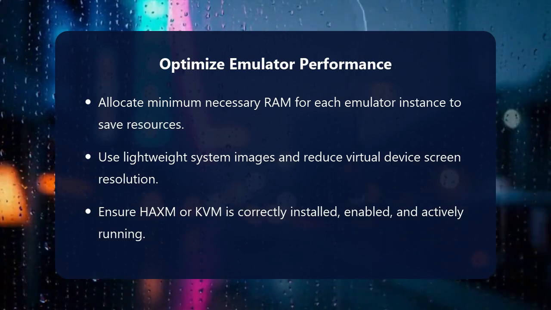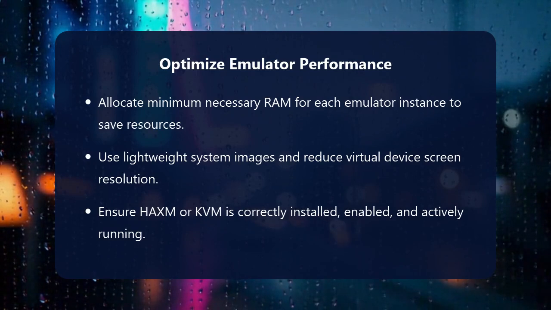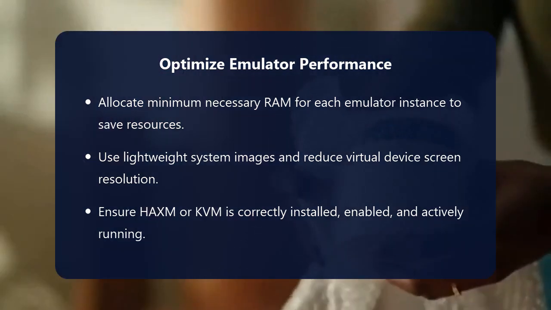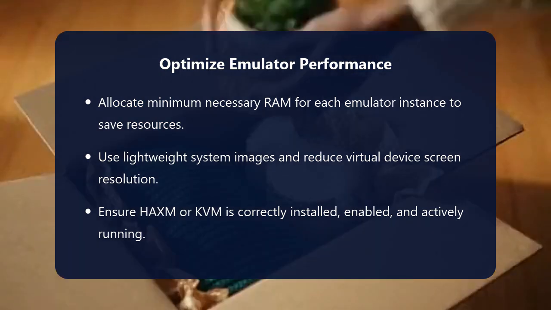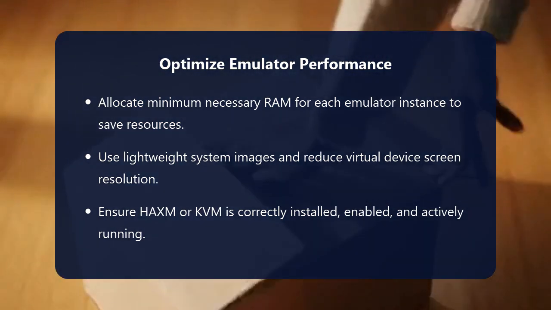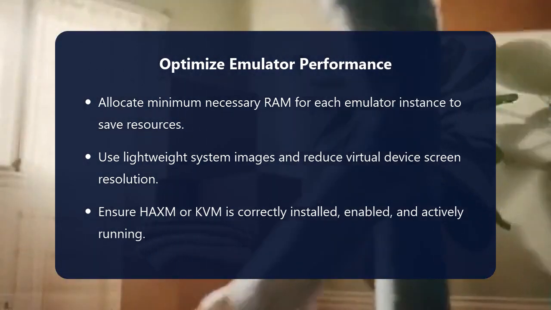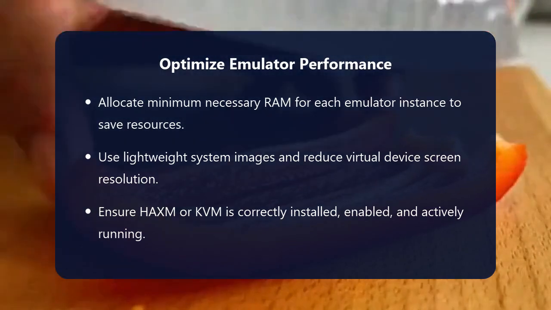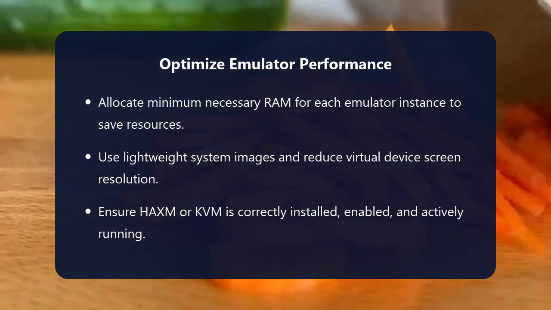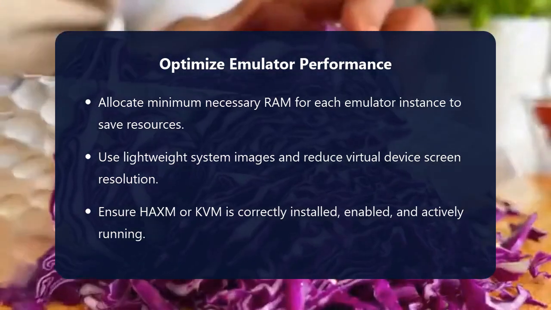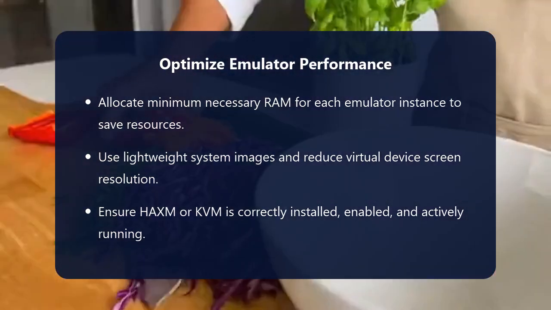A more advanced and often preferred method, especially for automation or launching many instances, is using the command line. Open your terminal or command prompt and navigate to your SDK's emulator directory, typically found at Android/SDK/emulator. From there, you can launch an AVD using the command emulator -avd AVD_name, replacing AVD_name with the exact name